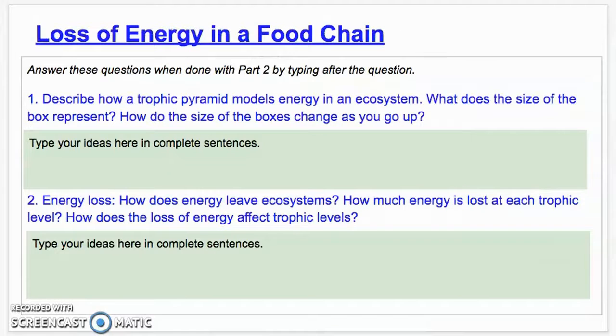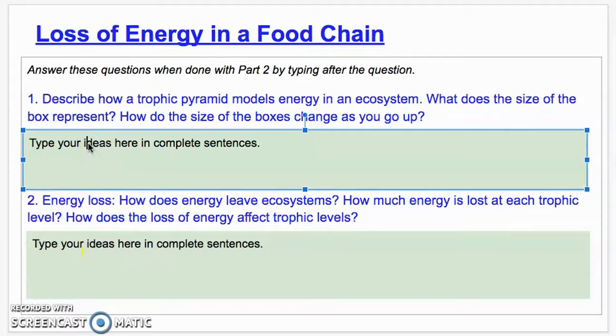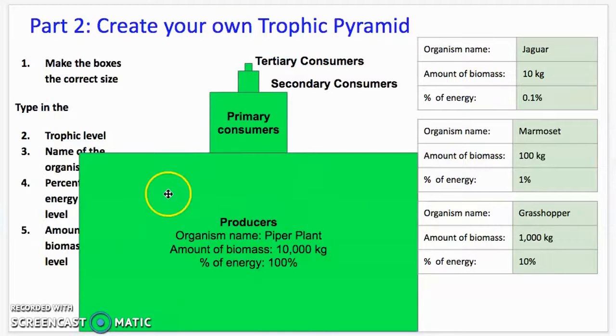When you're done, there are 4 questions, so make sure to go to these slides and answer these. You can just type in these green text boxes. The first question is, describe how a trophic pyramid models energy in an ecosystem. What does the size of the box represent, and how does the size of the boxes change as you go up? So just remember, these boxes represent the amount of energy or the amount of biomass in the ecosystem,